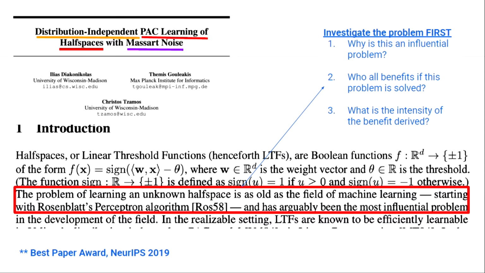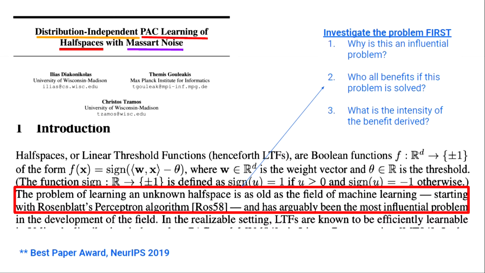And if you look at the introduction, let's say that you're reading this paper, and you're a new researcher, and you're interested in PAC learning of half spaces. So let's say that's your problem, and you're thinking about whether you should go deep into that. I intentionally chose a paper which is theoretical in nature, which is theoretical machine learning. And I will still tell you why the previous questions are important even for a theoretical paper.